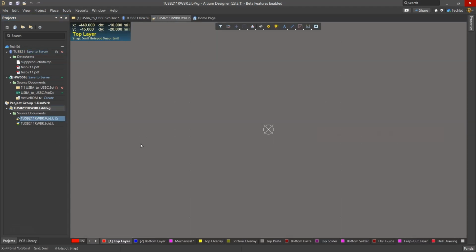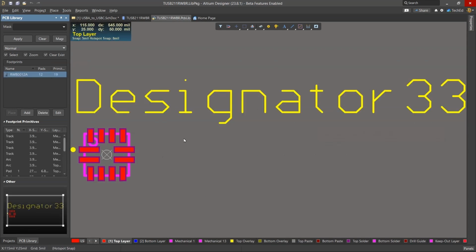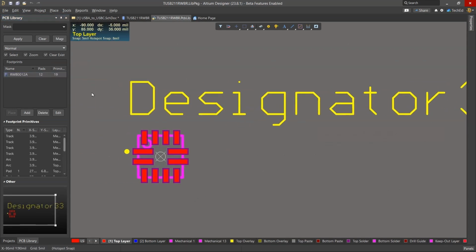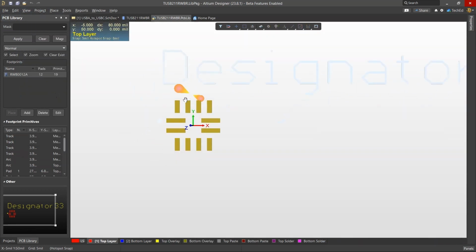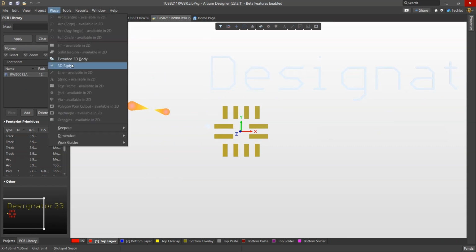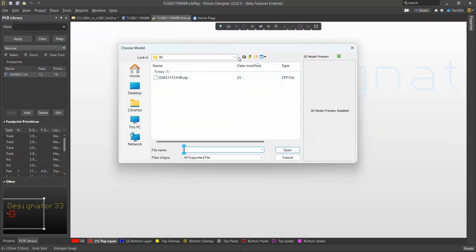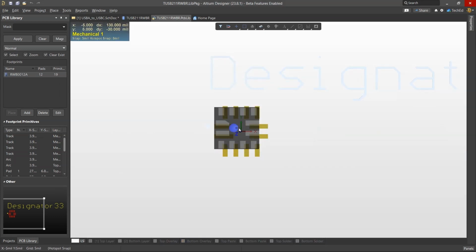Next thing you want to do is check this PCB library. Click on the PCB library tab, click on the footprint name, and then see if it pulls up. It does. So then we can go to View, 3D Layout Mode. It doesn't have the 3D body placed, so we need to place the 3D body. Now see, this is not the right folder. We need to go into the correct folder, the STEP model folder,